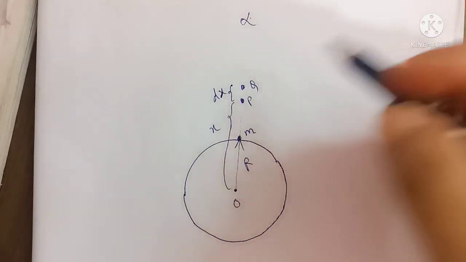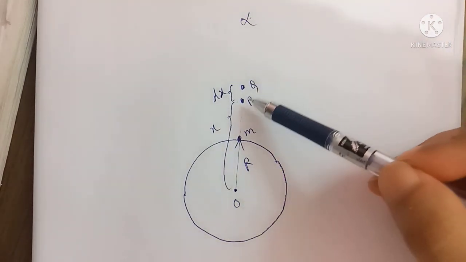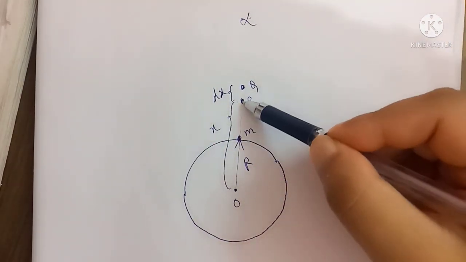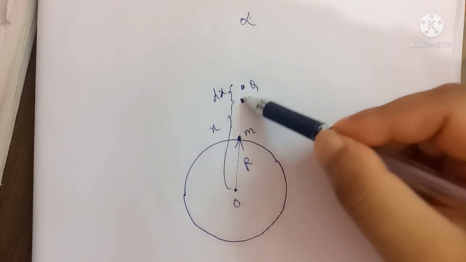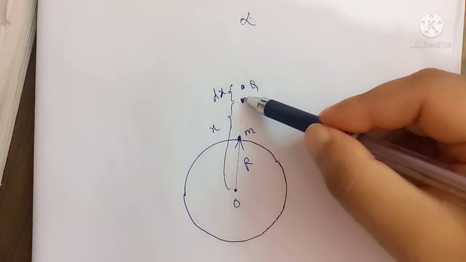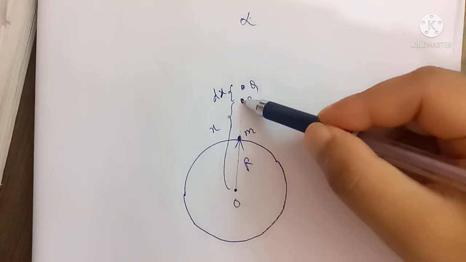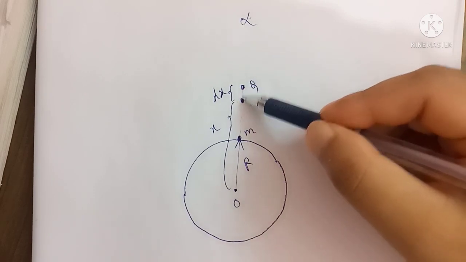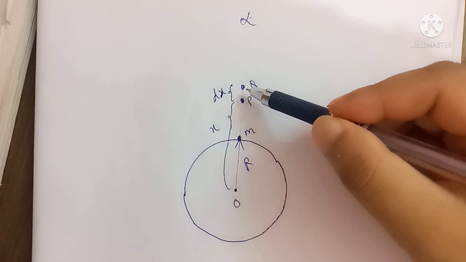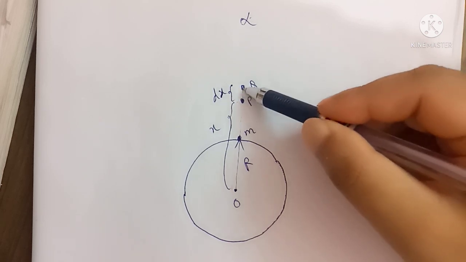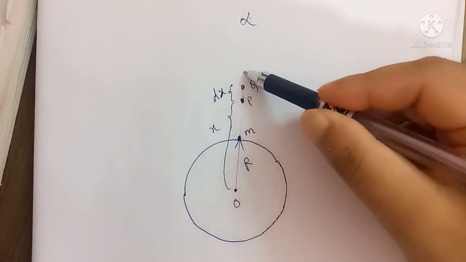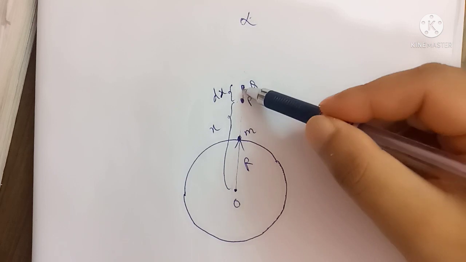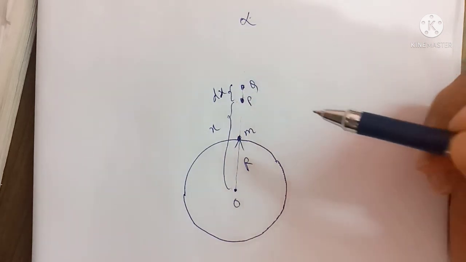So the gravitational force on the object of mass m at P will be almost constant at both P and Q. When you take the object from P to Q, it is a small distance over which we can consider the force to be constant. The force does not vary because it is a very small distance. If you take a substantial distance, the force will decrease, no doubt, but over a very small distance the force is more or less constant. We will consider it like that.